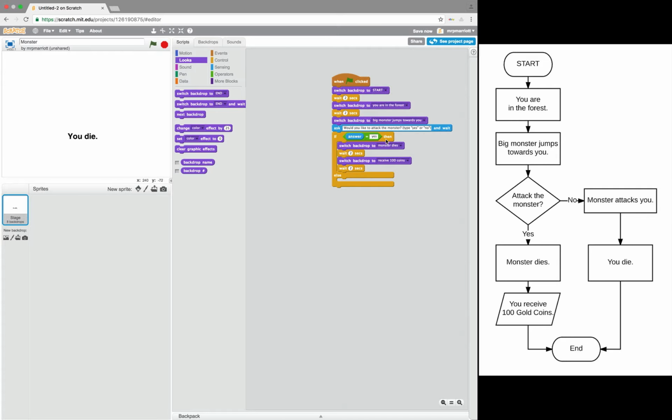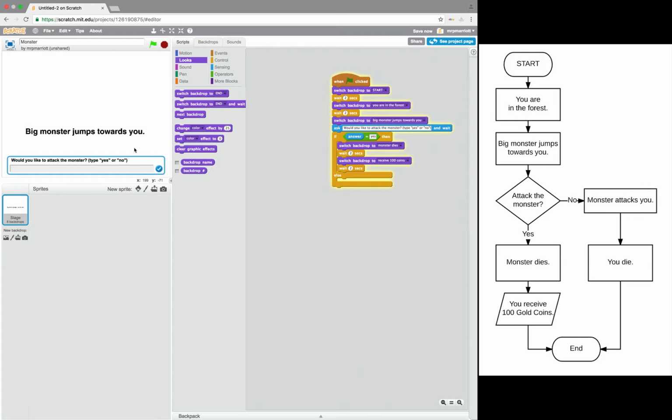It didn't work before when I typed in yes because I didn't type yes properly here. I left a space before the Y. So just make sure there's no space at the beginning and no space at the end. So it's Y-E-S for yes. So now if we run the game,